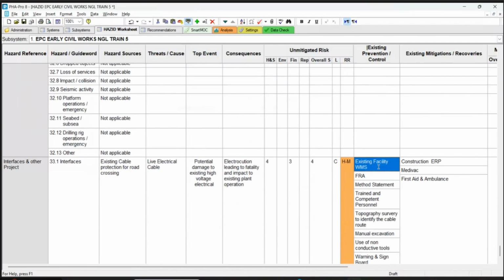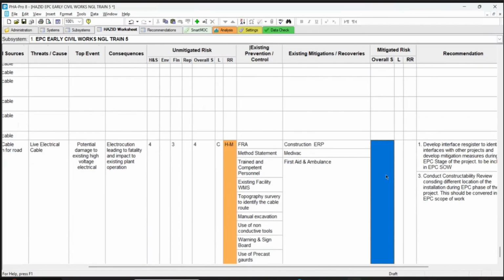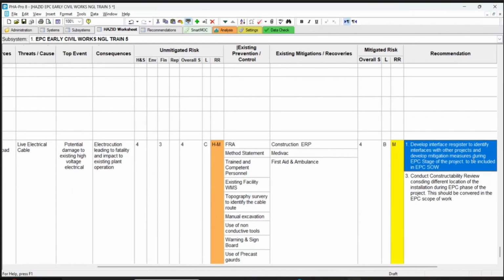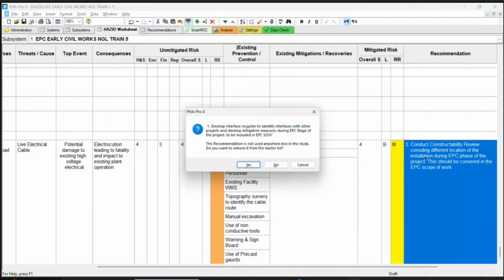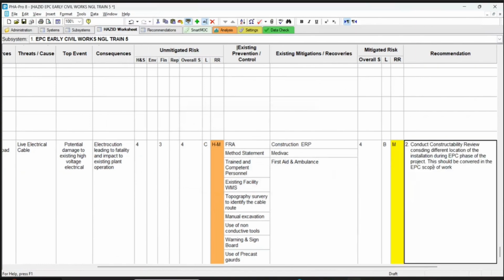Okay, let them come back. If someone is coming, we know how it will be. So, there was one recommendation before, 4C, 4B. I remove this interface. Do you have an interface management plan? There is nothing. There is a construction review. It is not an interface actually. This is the existing facility, and we are doing the construction review anyway.